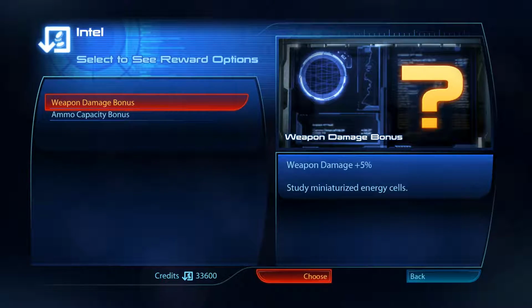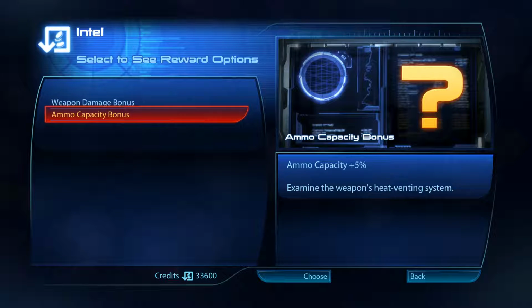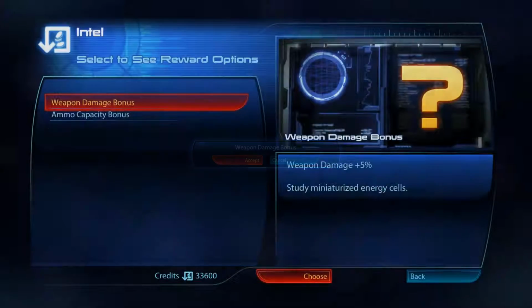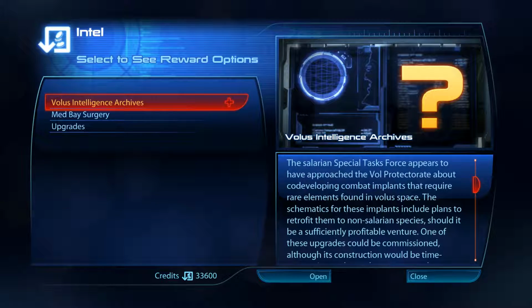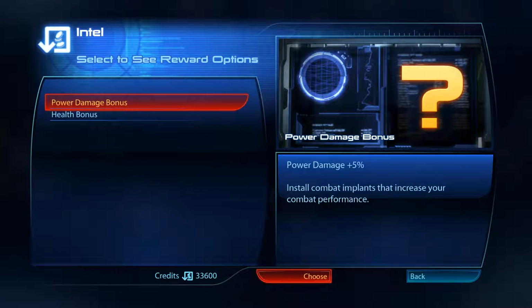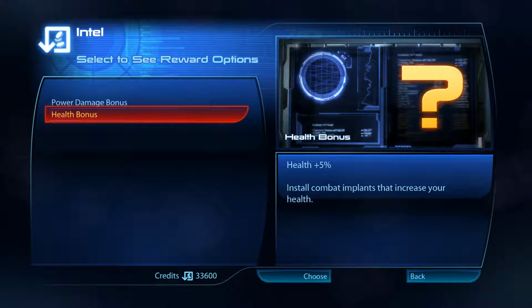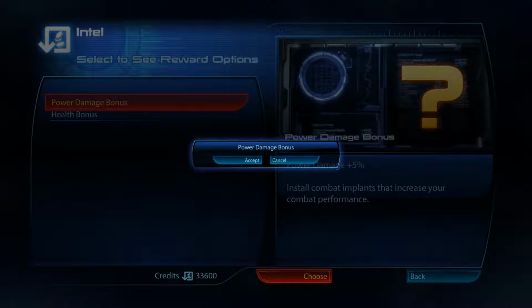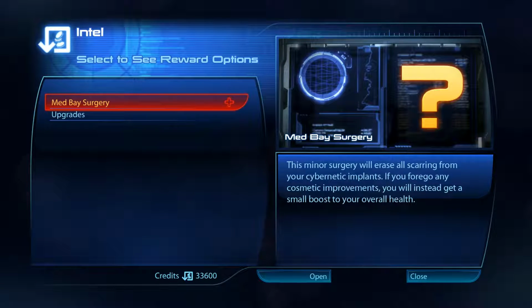Intact Reaper weapon. Let's see. Study miniaturized energy cells. Damage bonus it is. Bolus intelligence. Let's see. Oh, health bonus. Or power damage. Yeah, let's go with power damage. And...